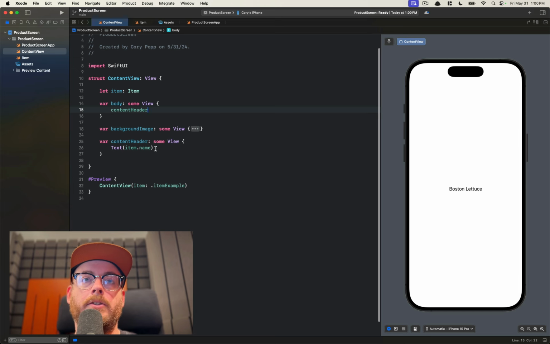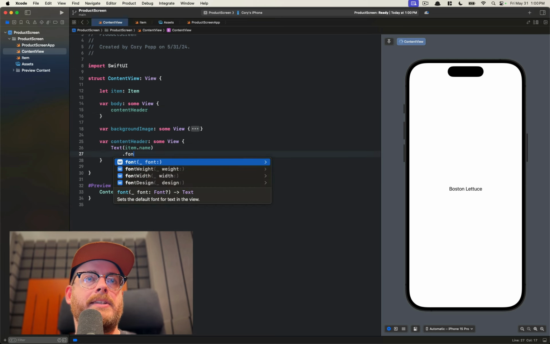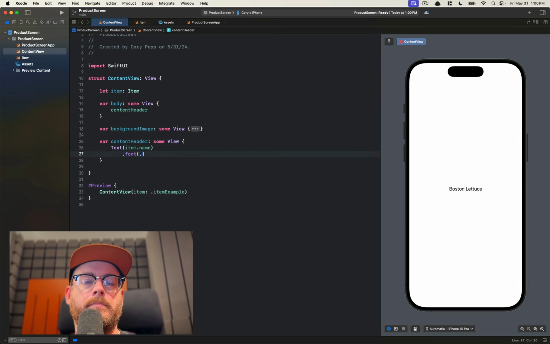Okay, so we've got our title there. I'm going to give this a font of, I think I called this title. Here is a shortcut you can do: instead of adding a font weight down here, you can call bold directly onto the title as an additional modifier. We've got our title here,